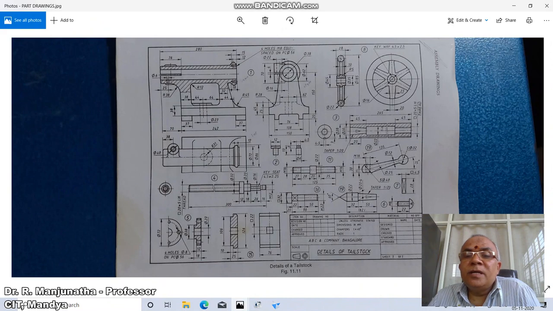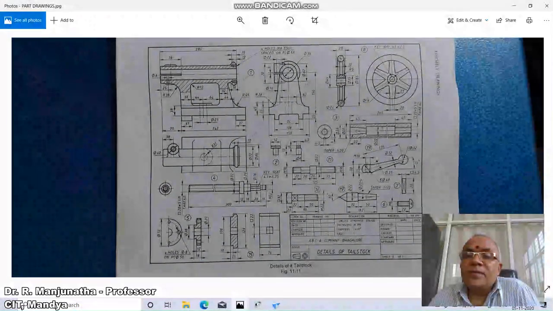So this is how you will be able to calculate the 1:20 taper. And there is a small keyway which is 4.5 by 3. So that length is from here to here, that means from here it is having a 20 mm length. And there is an internal diameter of 20 mm, 22 mm, and then there is a 45 mm length square thread of 20 into 5 pitch of left hand thread.